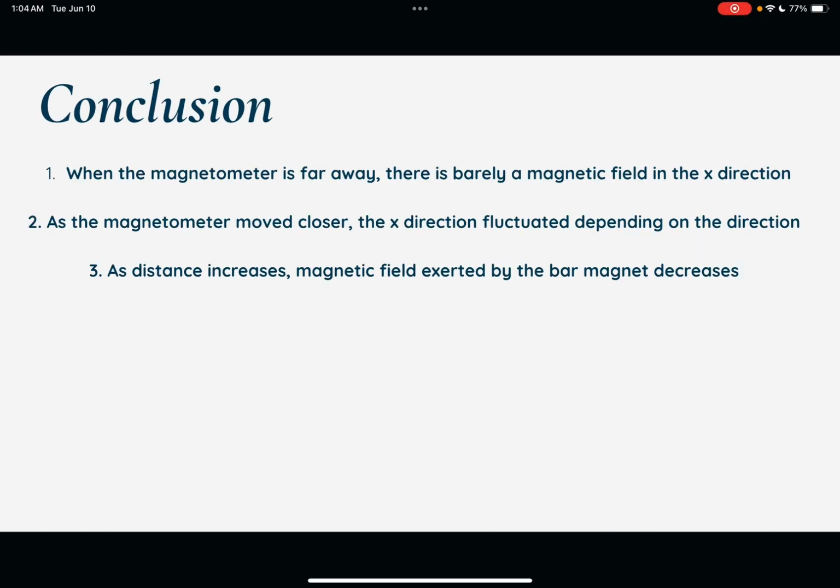And the conclusion is that when the magnetometer is far away, there's barely a magnetic field in the x direction. As the magnetometer moves closer, the x direction fluctuated, and as the distance increased, the magnetic field exerted by the bar magnet